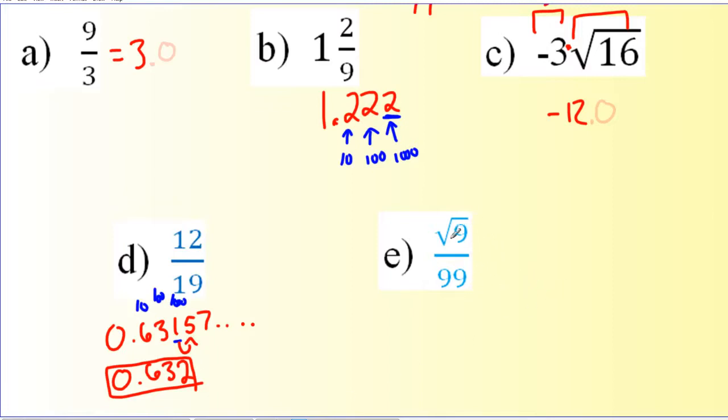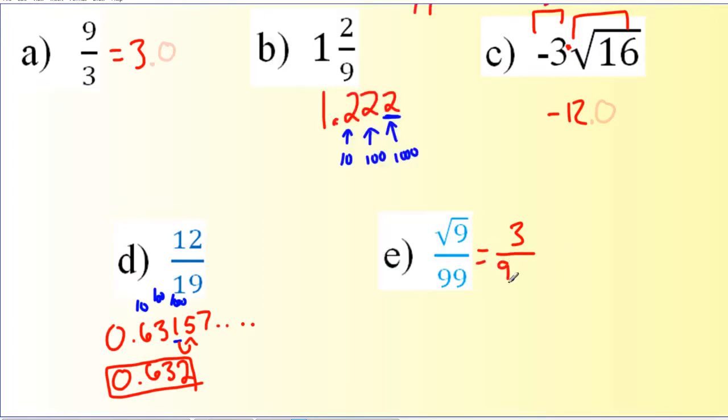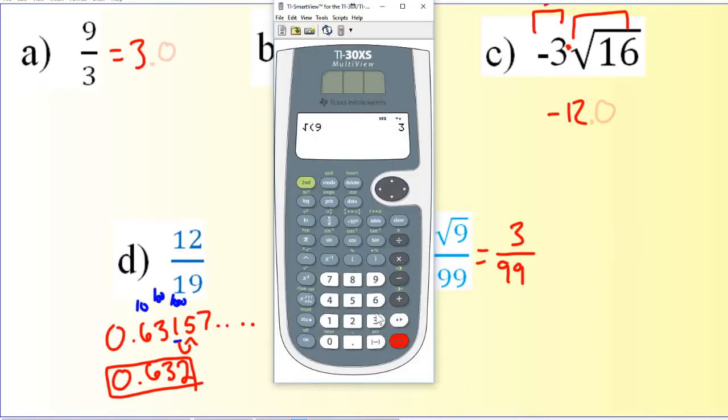All right, letter E. Square root of 9. Now the square root of 9, this number up top, if you calculated it, is just equal to 3. Trust me. Second square root 9 equals 3. Beautiful. Down below, 99. It's not a decimal yet, but at least we could type that into the calculator very easily. I could type in 3 divide 99 without any troubles. So I do. Clear. 3 divide 99 equals